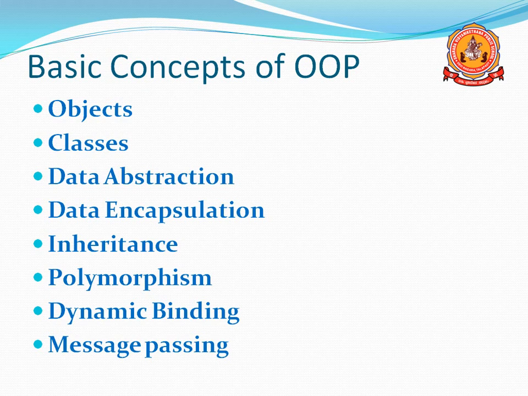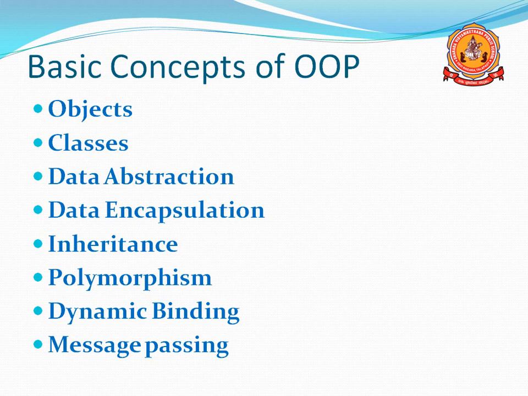Next one is inheritance. Inheritance is a feature same as in biology. Child will have the properties of parents, or child will resemble the properties of parents. That is known as inheritance. The same thing is applicable in computer science or C++. In C++, the child class will have the same properties of the parent class. That is known as inheritance.